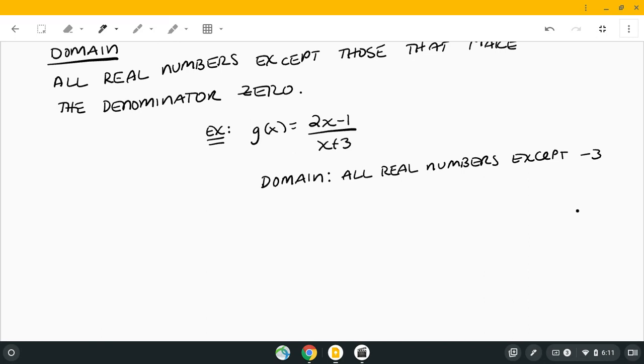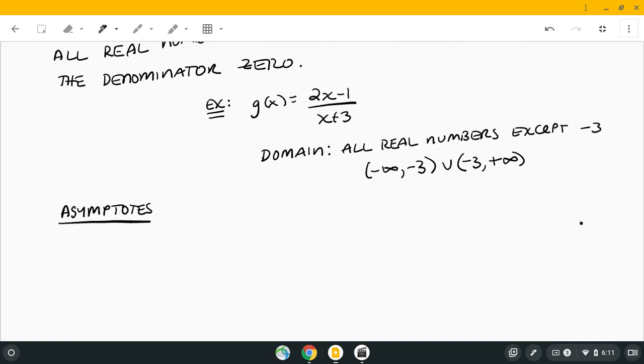All right, so asymptotes. Oh, let's back up over here. So I spelled this all out. If you're going to use set notation, all real numbers except for -3. So that would be like this: -infinity to -3, and then -3 to positive infinity. And we use parentheses here because if we use the bracket it includes -3, but we're trying not to include -3. Okay,